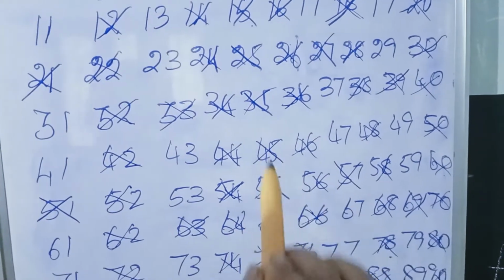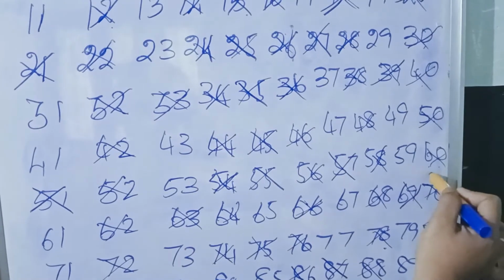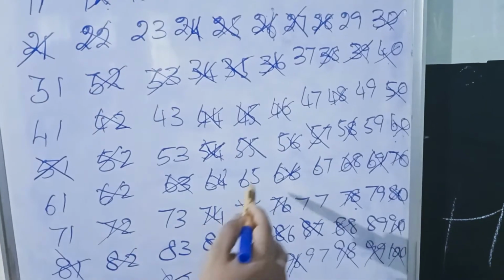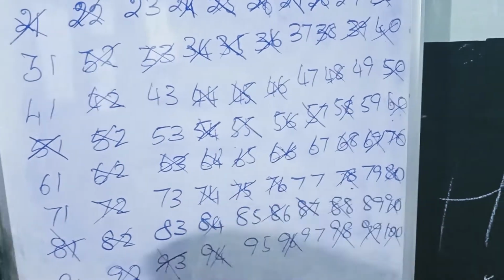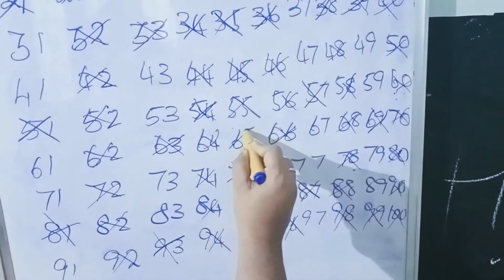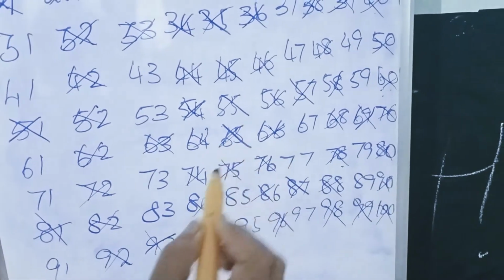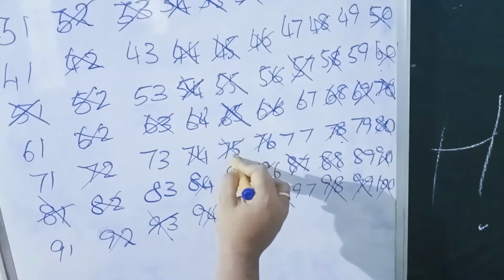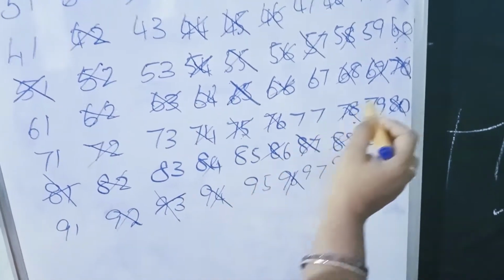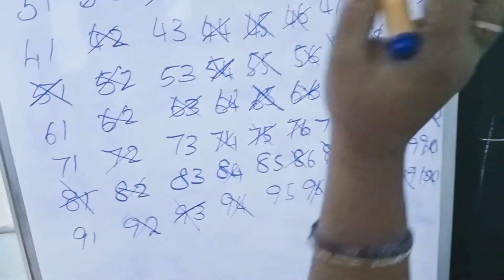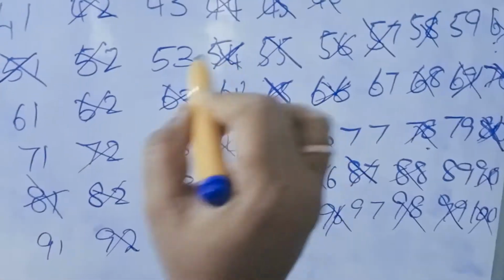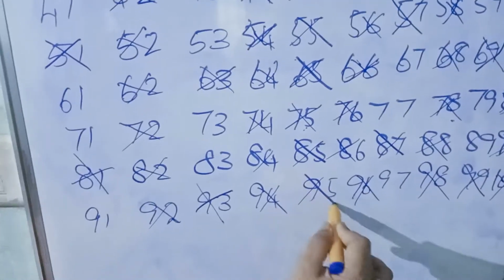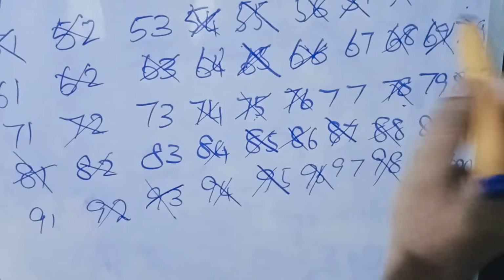Then cross out 55 now. Then 60 also a multiple of 5, that we have crossed out already. Now 65, cross out now. 65 is a multiple of 5, so cross out now. 70 crossed out already. Then 75 is a multiple of 5, but crossed out already. Then 80 crossed out already. Then 85 can cross out now. 90 crossed out already. 95 we can cross out now. Then 100 crossed out already.